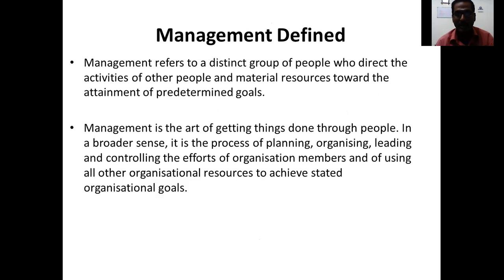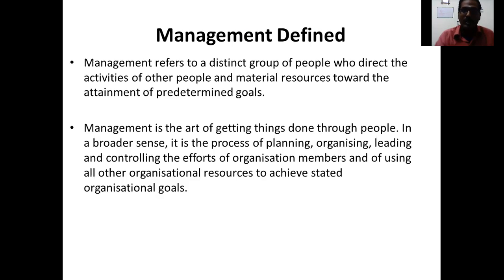Management refers to a distinct group of people who direct the activities of other people. These people are known as managers, supervisors, heads of the departments, etc., who direct the activities of the other people, that is the subordinates working under them, and material resources. There are different types of resources, like people, machinery, money, even raw materials. These are given in proper and correct amounts towards the attainment of